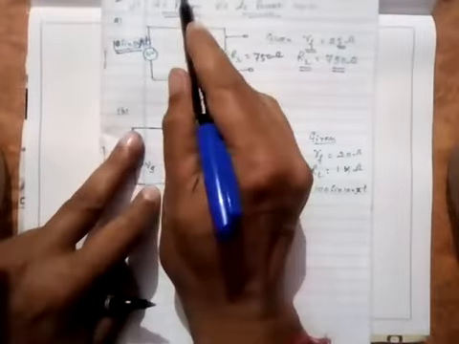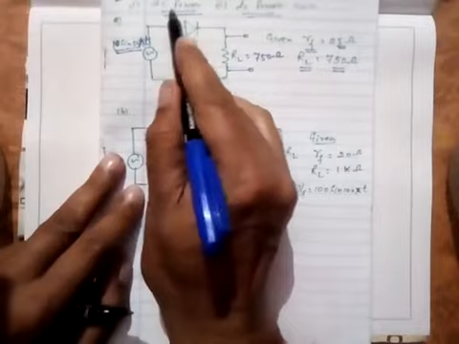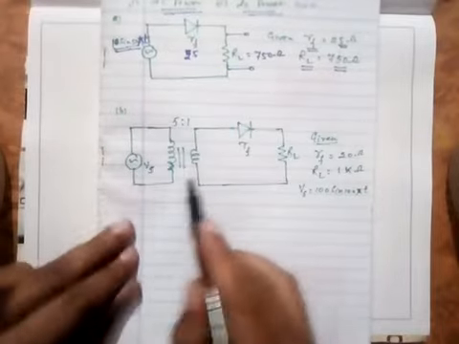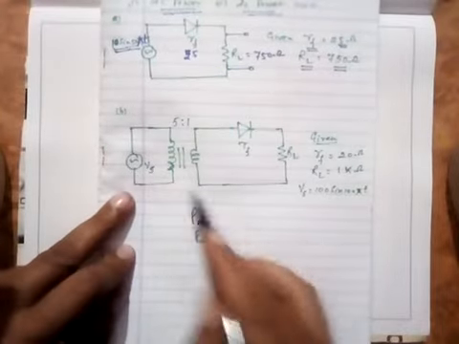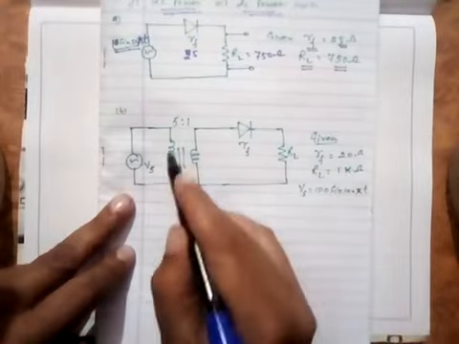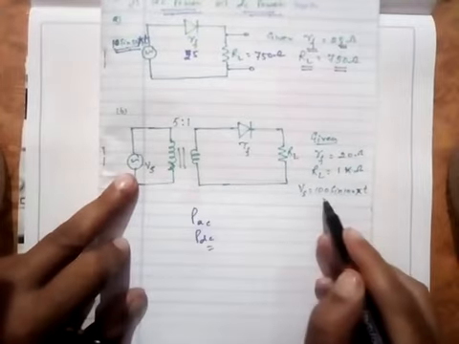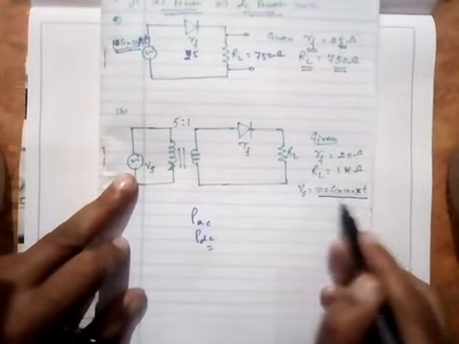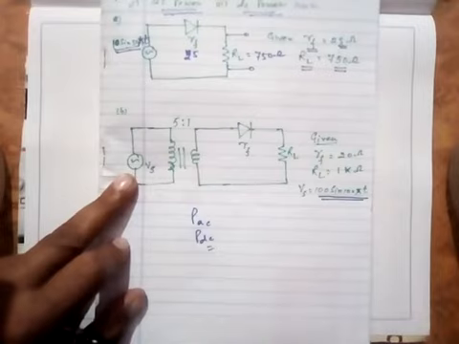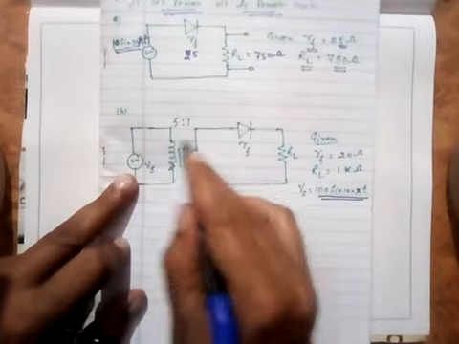Let's deal with the next problem. It is the same: calculate for the circuit shown, determine AC power and DC power, and this is the figure given to you. This figure is given to you and it is Vs. Vs is equal to 100 sine 100 pi t. This is given to you and this is a transformer of 5:1.